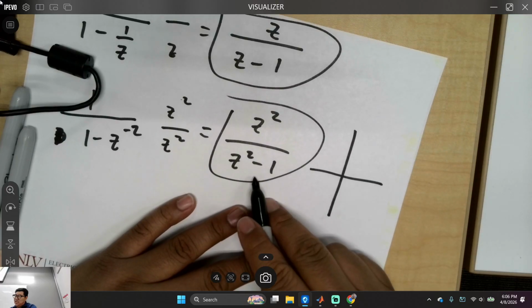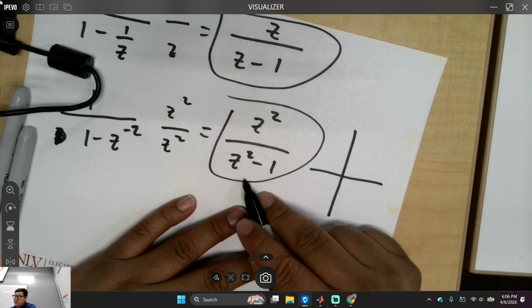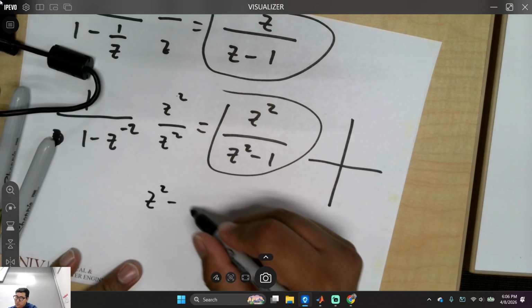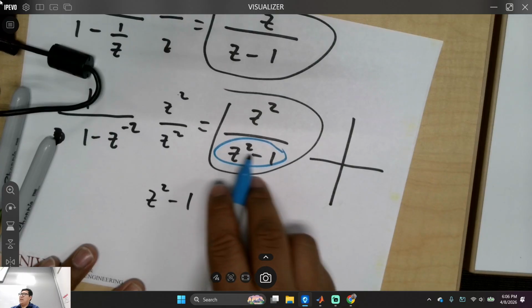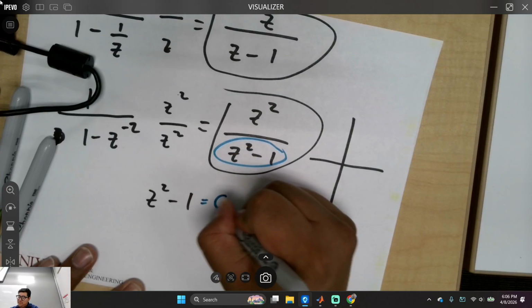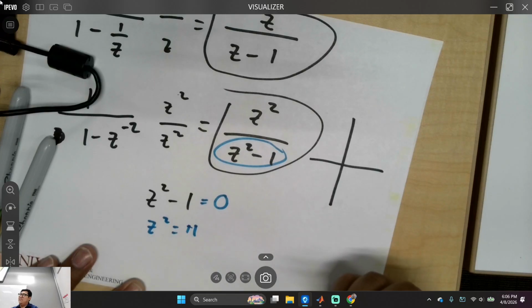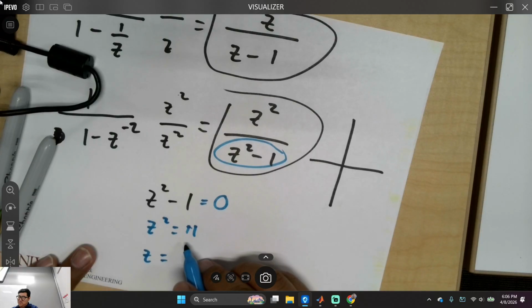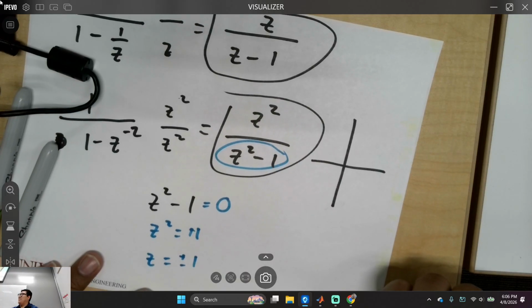What's his name? It's a double pole. What do you call it? Let me see if David can remember. Because z squared minus 1, right? Okay. Do you know how to find poles? You got to make sure that you solve for this to equal 0, right? Is that correct? So that means z squared is equal to plus 1, right? So that means z is equal to... Is that good with everybody? Any questions? So that means how do we draw the poles?